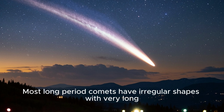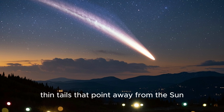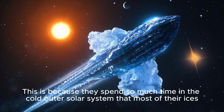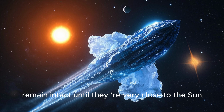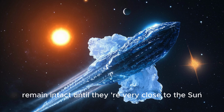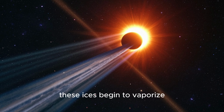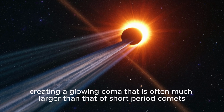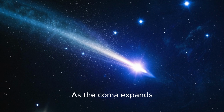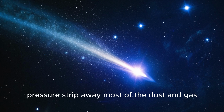Most long-period comets have irregular shapes with very long, thin tails that point away from the Sun. This is because they spend so much time in the cold, outer solar system that most of their ices remain intact until they are very close to the Sun. As they approach the Sun, these ices begin to vaporize, creating a glowing coma that is often much larger than that of short-period comets. As the coma expands, the solar wind and radiation pressure strip away most of the dust